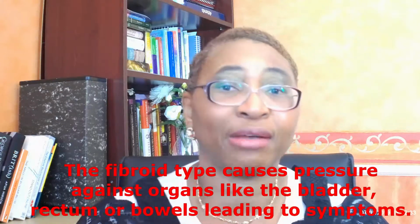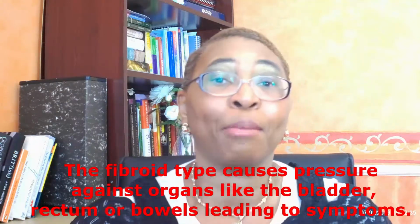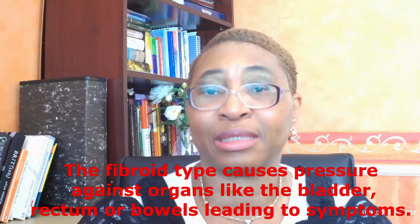So people that have subserosal fibroids may complain of symptoms like problems with passing urine. They might have an urgency to pass urine, or find that they cannot control their bladder. This is because of the bulky fibroid pushing against the bladder. Or they might experience symptoms like constipation, again because of a bulky subserosal fibroid pressing against the rectum at the